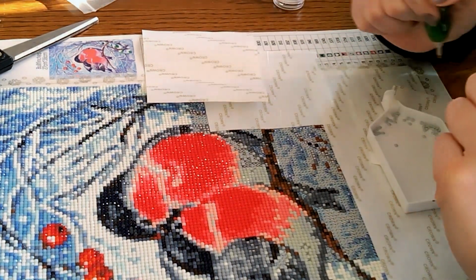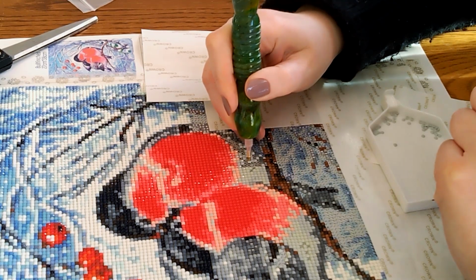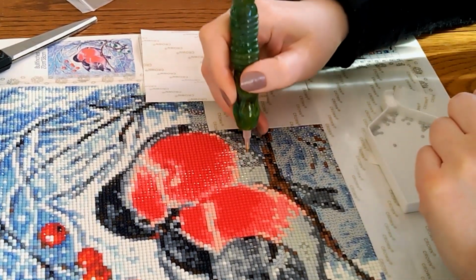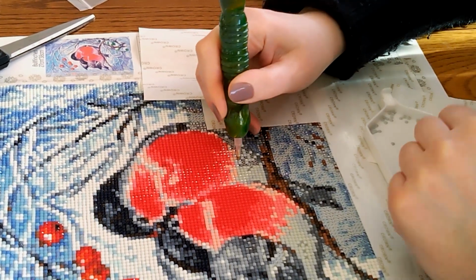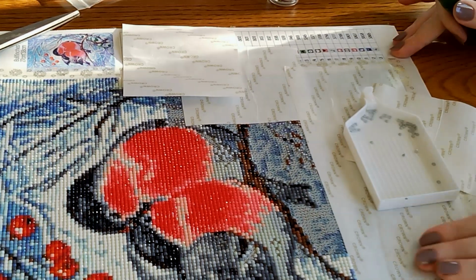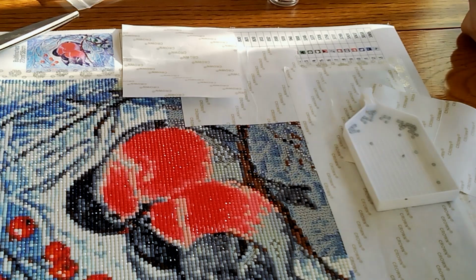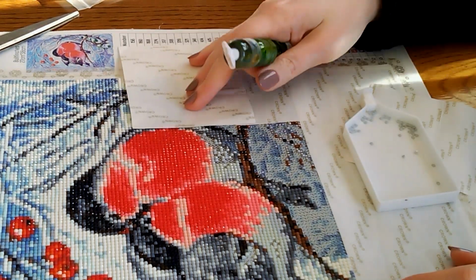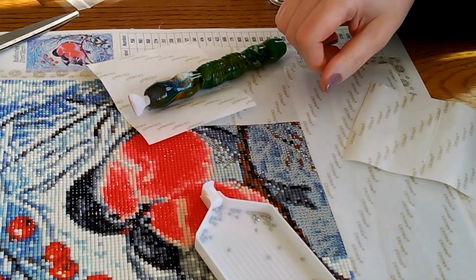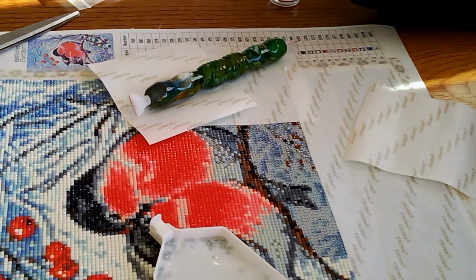Excited for the future. I'm just gonna place these last 2 drills of this color. We are making progress. Let me know if you think I can finish this kit. There isn't a lot left, but it is a bit. It does take me a while to work on. But regardless if this will be finished by the end of the month or at the start of next month,